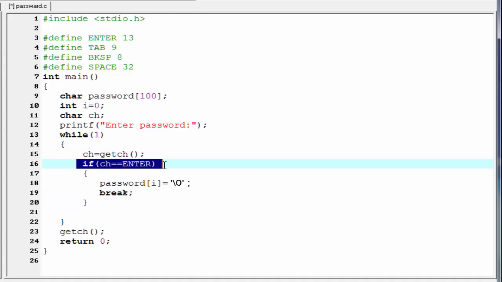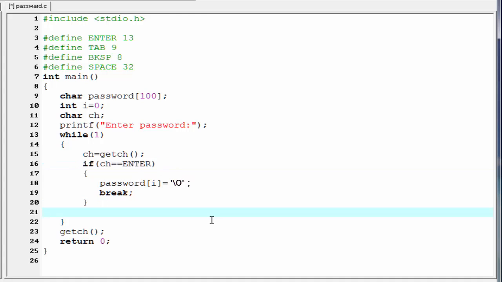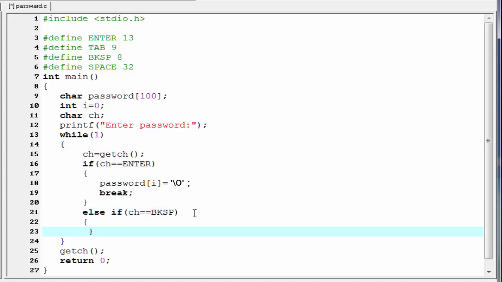If this condition is not true, then we check ch equal to backspace. Else if ch equal to backspace. If user press backspace, then the statement inside this block will be executed. Inside this block I am going to check the condition if i greater than 0, where i is the character position.